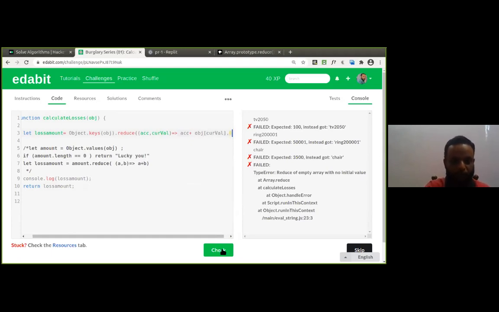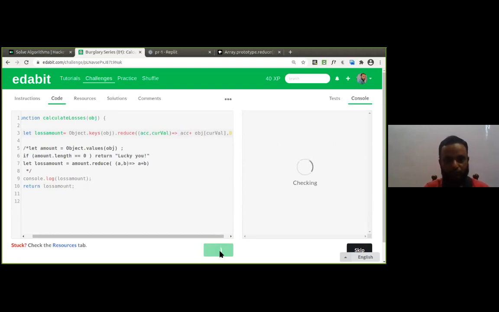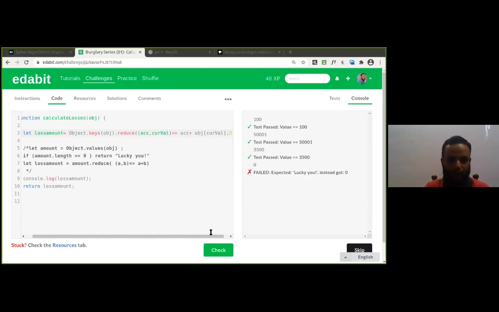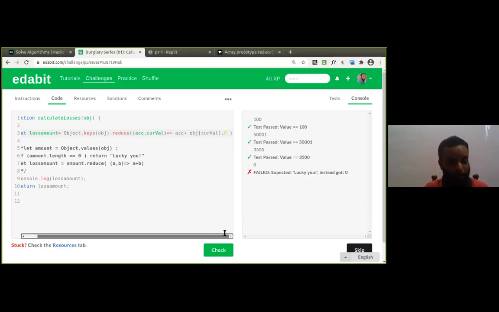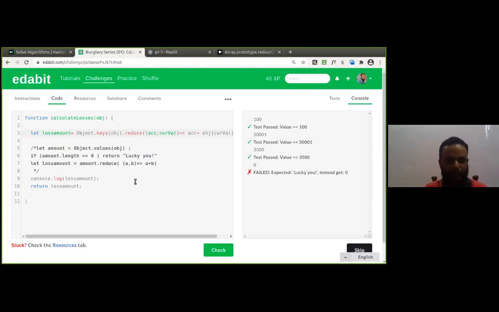If we give here 0 and check that one, now it is okay. Okay. Yeah, lucky you got it, that we can check it out, no problem. So you should be careful with reduce when you are using it on objects. Okay. And if you are working with the keys, like at the beginning we have taken the values, isn't it? So Uday was quick to answer that one. We can take values and add. Yeah, this is simple logic.